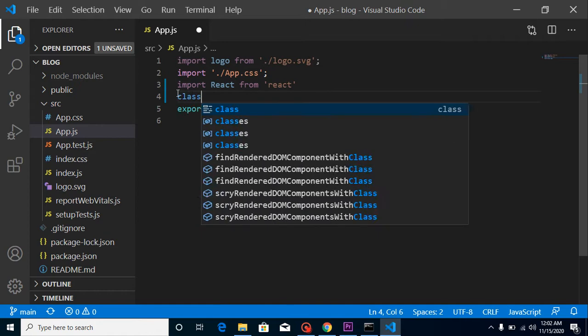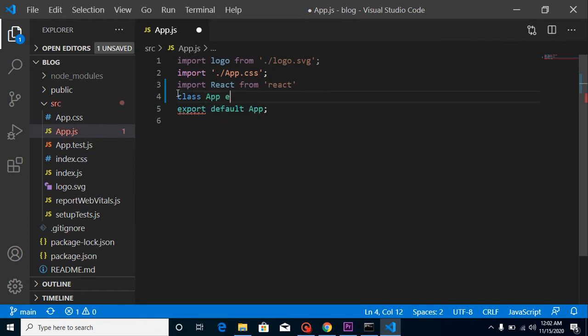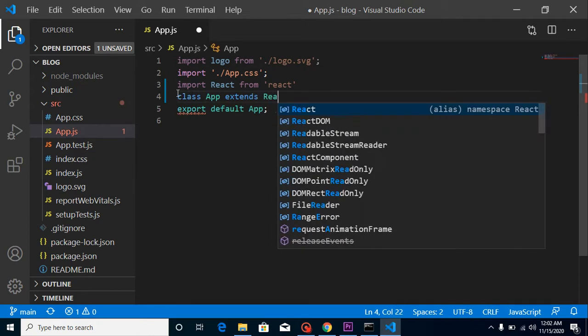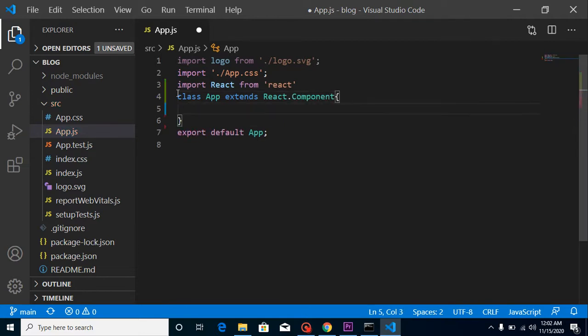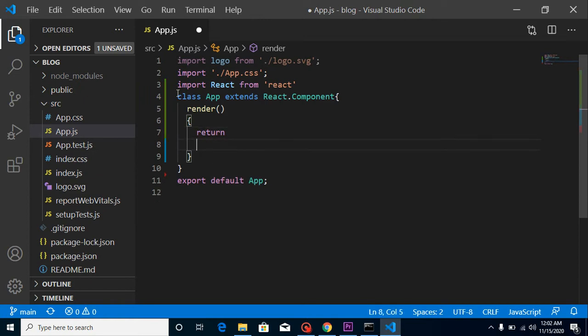Then define a class App extends React.Component, and we can return here, render here, because the render method is required in a class component. And let's return a div, and inside this div we can call an h1 element also, and just write hello world, or you can write anything you want.